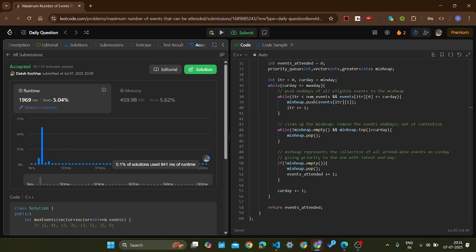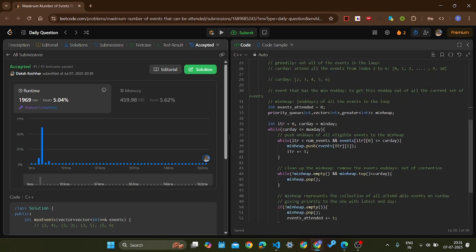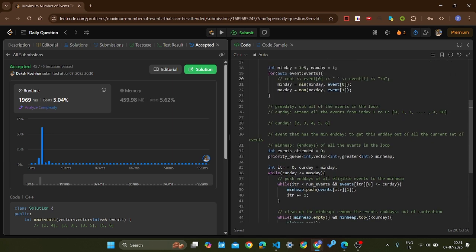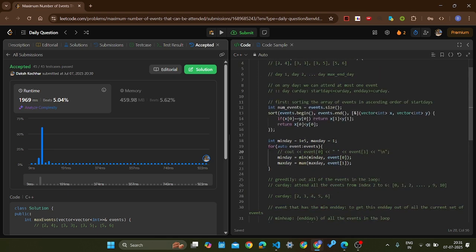Actually, there is a lot of difference in the runtimes. So I'm not sure exactly why. It seems to be a very optimized approach, and I've looked at other solutions that are in a very optimized time range, but they also implement something similar. So I think it's just a matter of making different submissions.